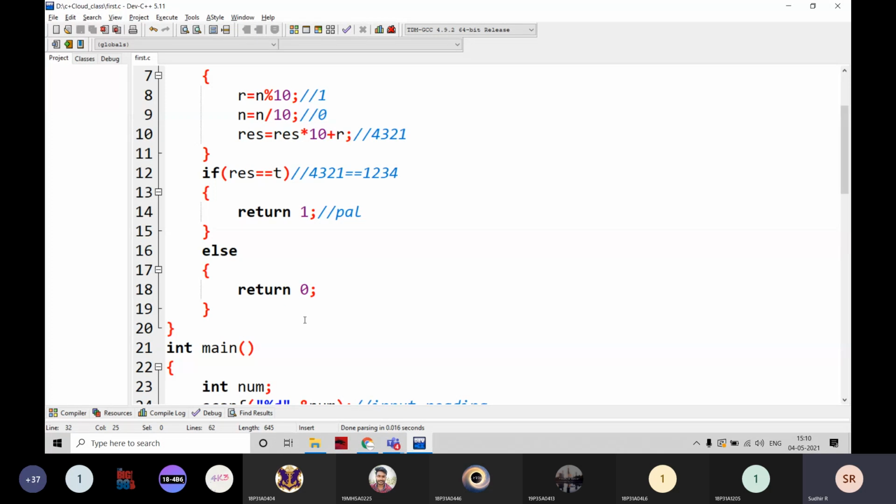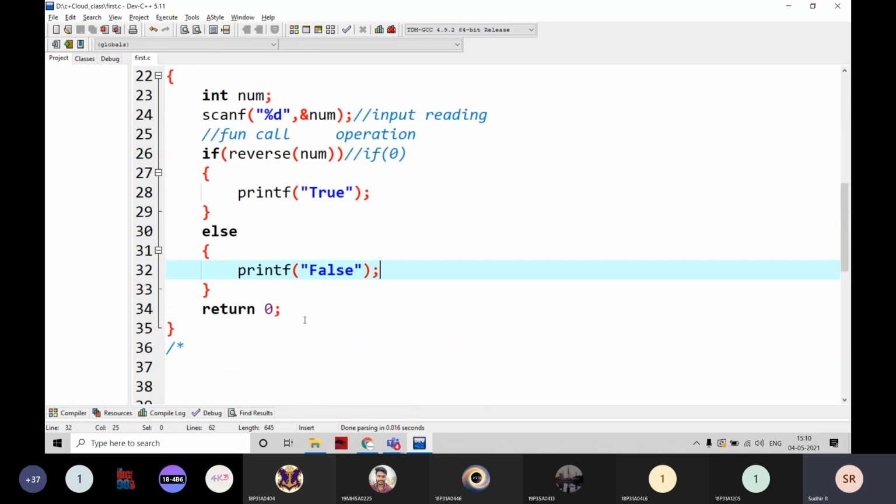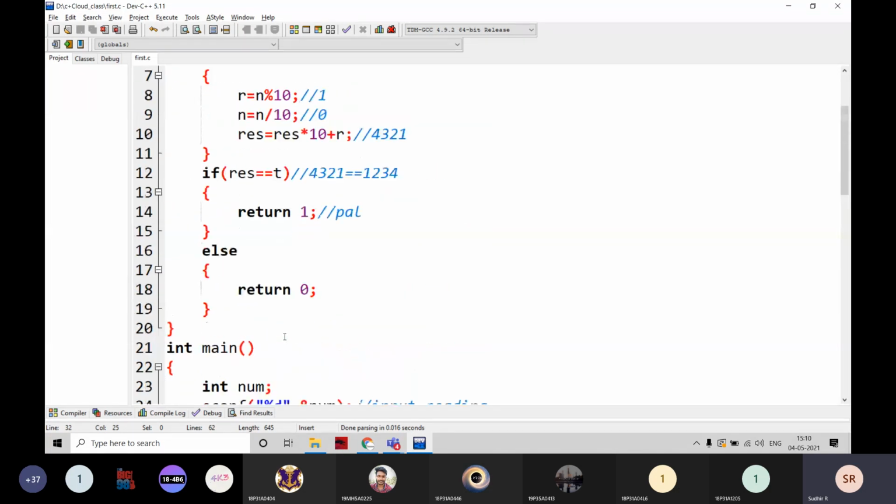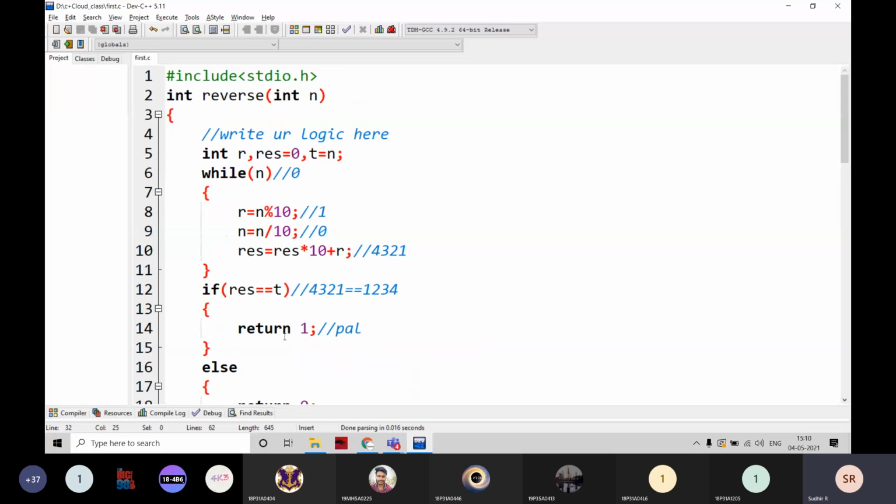We have to think like the compiler only. Clear everyone? I think you understand the function concept very clearly with this example.